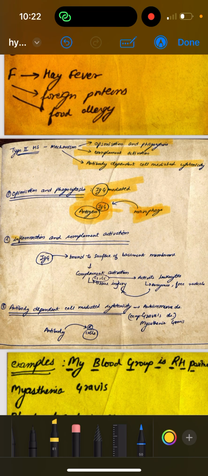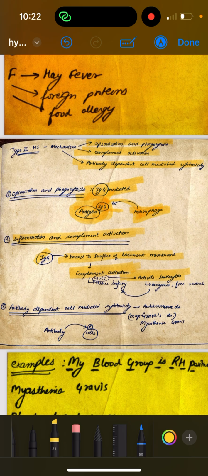So next is inflammation and complement activation. What happens in this is IgG antibody will bind to the surface of the basement membrane. It can also bind to the extracellular matrix and so on. That will lead to complement activation. Complement activation will lead to C3 or C5 release and so on. So complement release will lead to